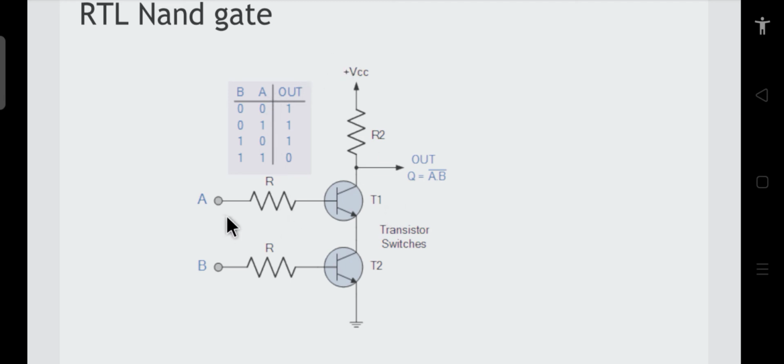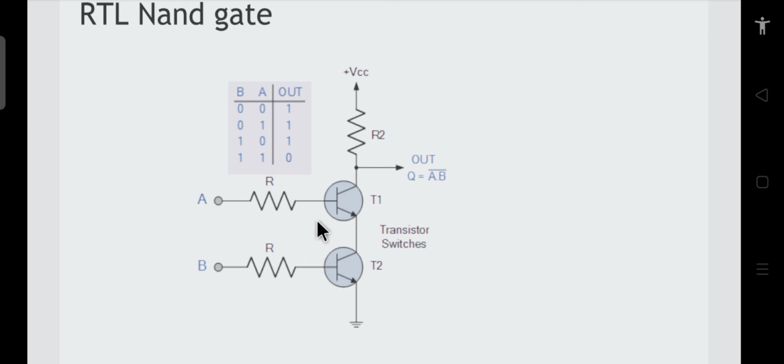So how can we do this? Let's say both the inputs are 0 0. In this circuit, when both the inputs are 0 0, these two transistors are off, and if these two transistors are off, then VCC is directly available at the output terminal. So this is how the arrangement works: when both the inputs are 0 0, the output is 1. When either of the inputs is 1, then what happens?